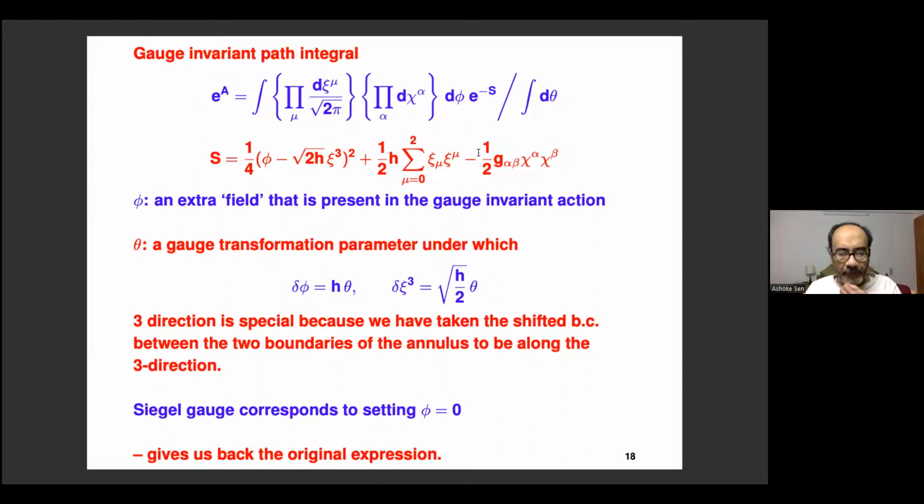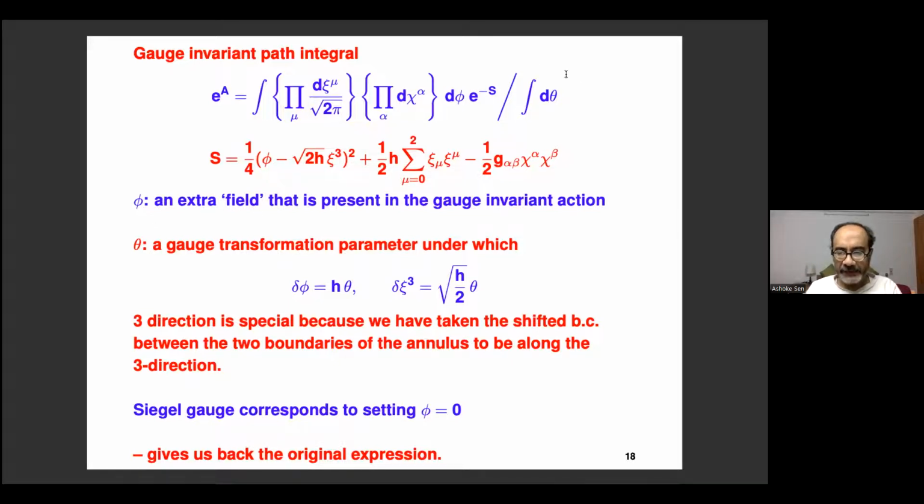But you see that here, Xi3 is spatial, right? You have broken somehow the rotational symmetry along the transverse directions. That's because this string field theory action I have written down in a background where the two boundaries have been shifted in the 3 direction. So this is where explicitly we see what the structure of the string field theory action is. But of course, in the h goes to 0 limit, you recover the full symmetry in all transverse directions.